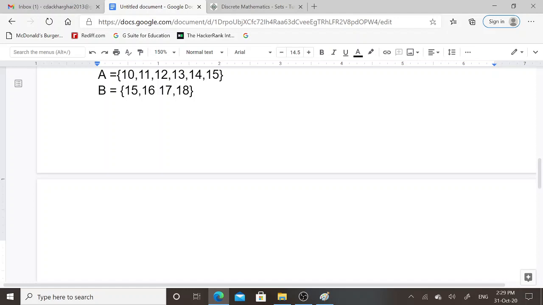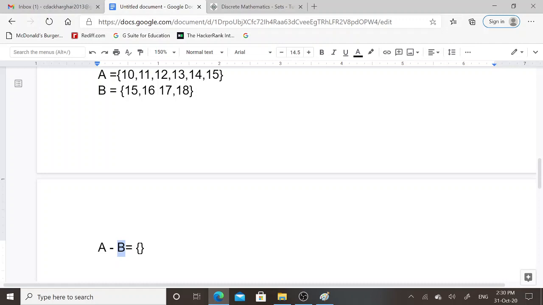If I want to perform set difference of set A and set B, then this operation will include only those elements that are present in set A and not in set B.